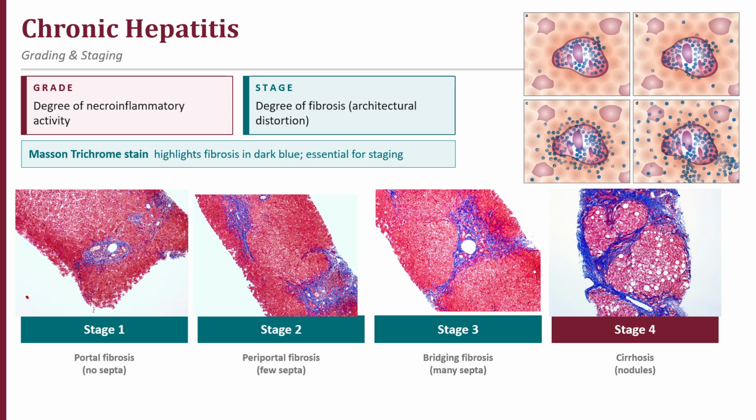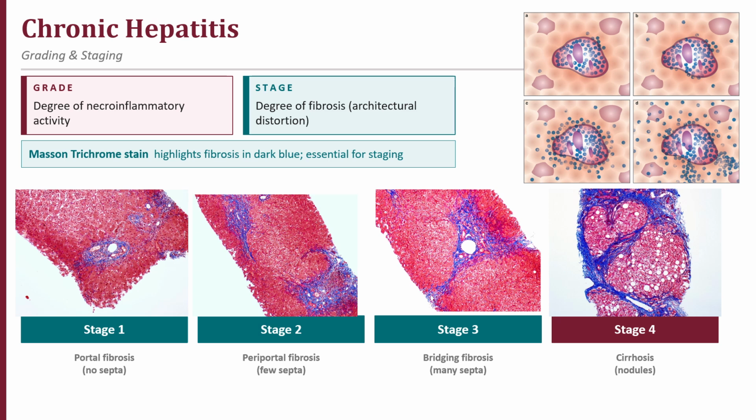In chronic hepatitis, a liver biopsy is performed not only to diagnose the condition, but also to grade the inflammation that can range from 0 with little inflammation up to grade 4. But more importantly is to stage the degree of fibrosis. This fibrosis can be limited to the portal tract or extend periportally or form bridging and finally can form cirrhosis. This is known as stage 4,